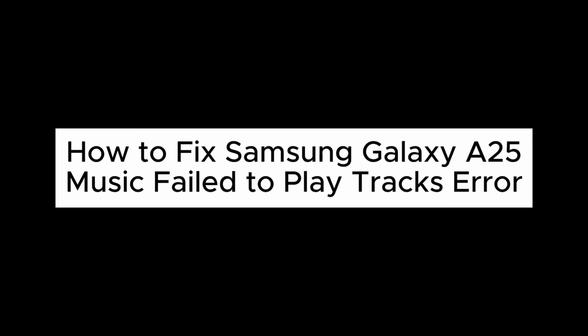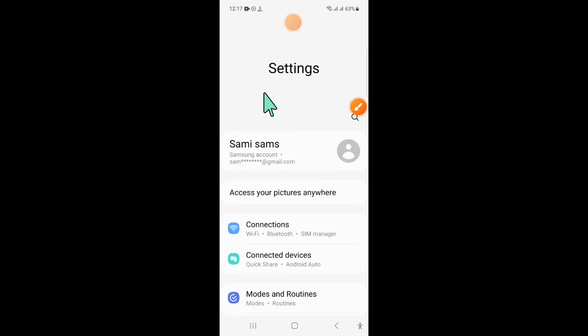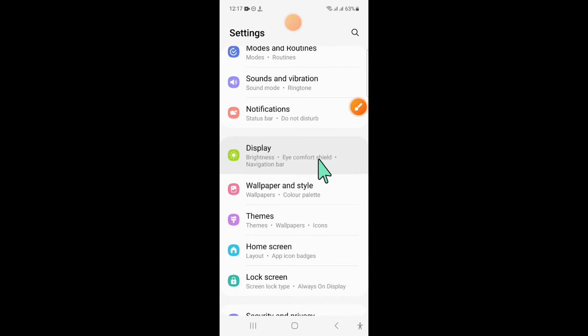Hello everyone, in this video I will show you how to fix the Samsung Galaxy A25 music fail to play tracks error. So first of all, open settings. Now in settings, scroll down